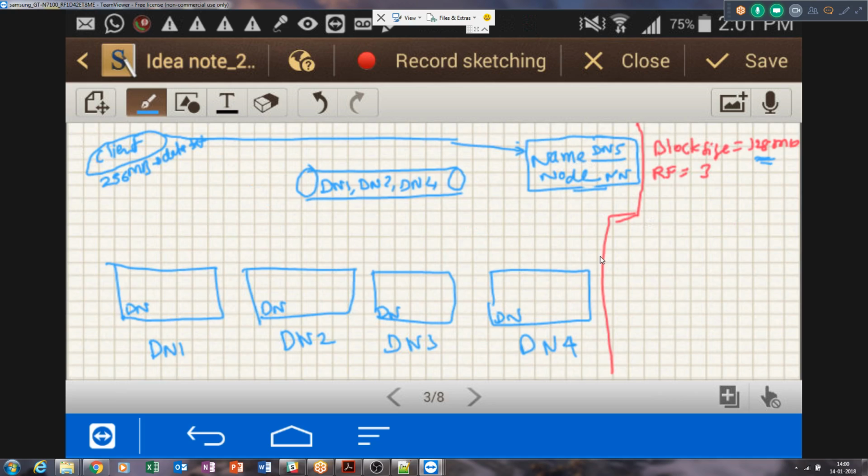Why 3? Because our replication factor is 3, which means a block will be stored on 3 different data nodes. Then only it will be said to be fault tolerant. Otherwise we cannot save all the copies of a block on the same data node, because if that data node goes off, we will lose all 3 copies, right? So to place the copies, we should always choose a different data node where the copy does not already exist. With time you'll understand this completely. So there are 2 things: the block size of 128 MB and the list of data nodes where the blocks can be written. Now the name node will send this information back to the client.